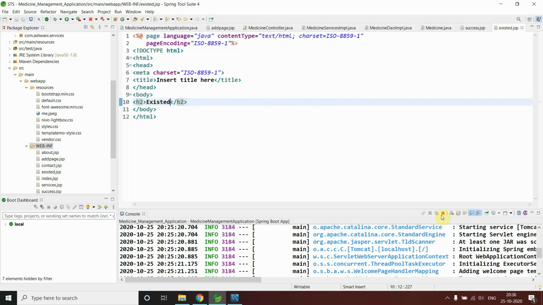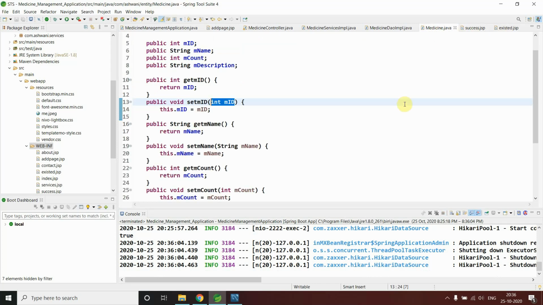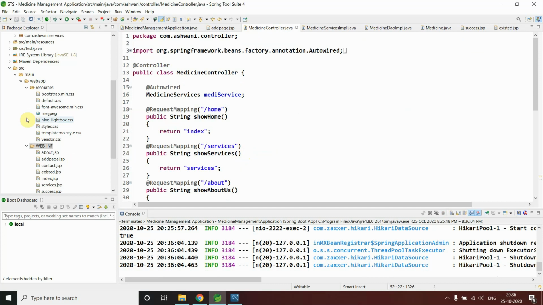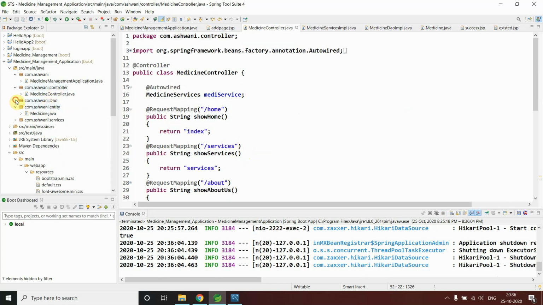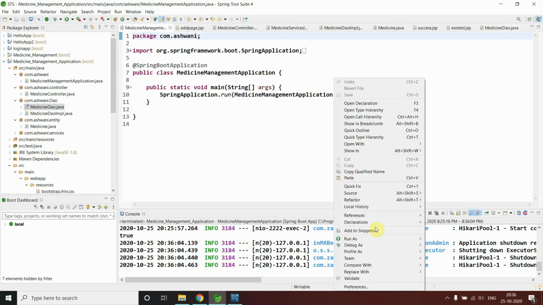So let me see if it will run or not. First, I have to give my controller all the names according to status. I have to say return this status. Got it? Let me see the implementation of what is written here from my DAOs. This is add and it is returning string. Okay, let me run this.